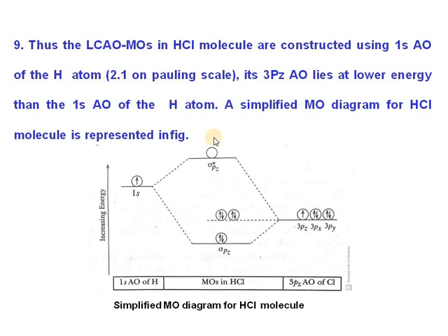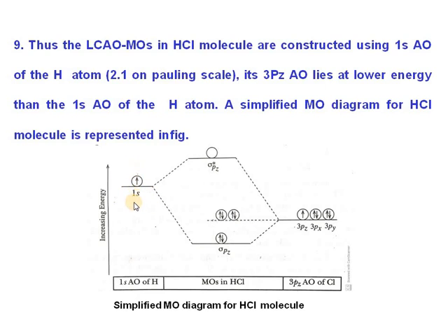And the high energy sigma star pz atomic orbitals are empty, which means they do not contain any unpaired electrons on those molecules. Therefore, all the electrons get paired in the bonding molecular orbitals. So, to simplify, the molecular orbital diagram of hydrogen chloride molecules can be constructed with the help of the 1s